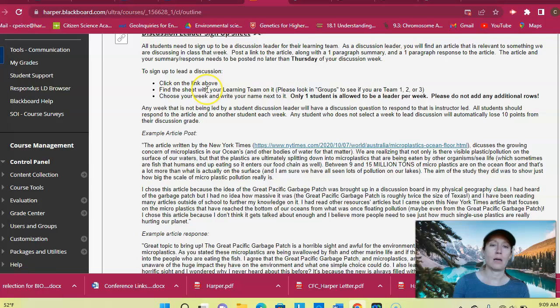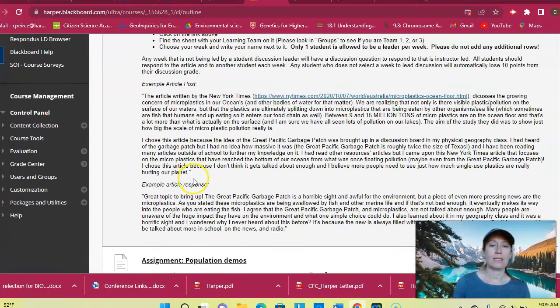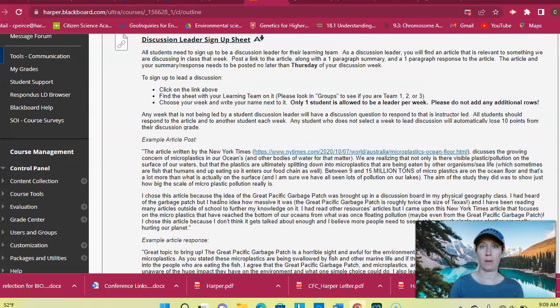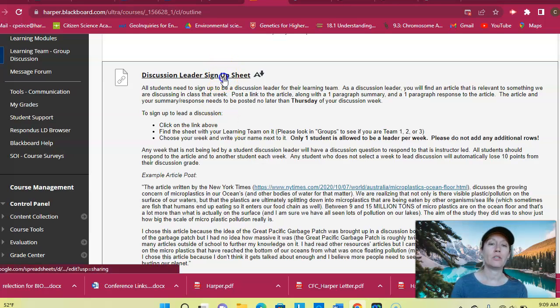So under the description here, I have examples of an article post, and I have an example of a response to an article post, so I'm giving you information about how you can look at examples on what to do, kind of best practices if you want to think of it that way. If you click on this sheet,